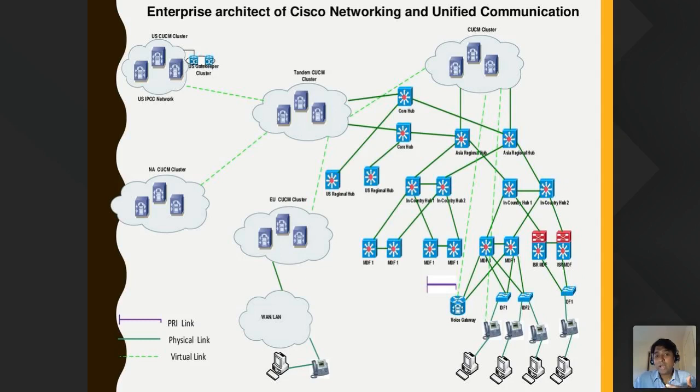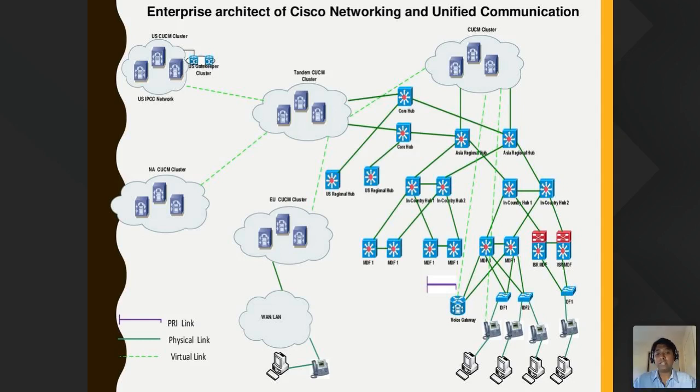So what will happen from the access layer? There will be multiple sites: Cognizant office in Thoraipakkam, Cognizant office in Siruseri, Cognizant office in Bangalore, Cognizant office in Hyderabad, all will communicate with the in-country hub router they have, and those two in-country hubs will communicate with their regional hub. They have presence in multiple Asian countries, so it goes there, and from there it goes to a big giant, high-configuration router which can process all the data.